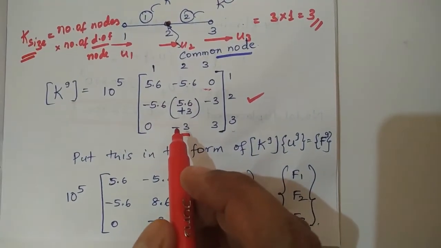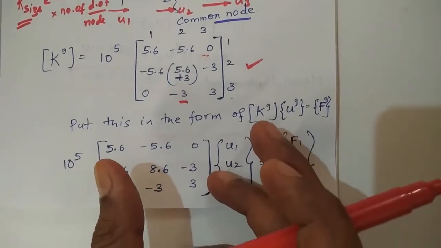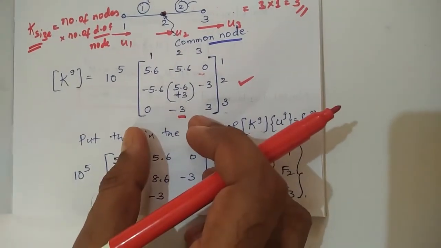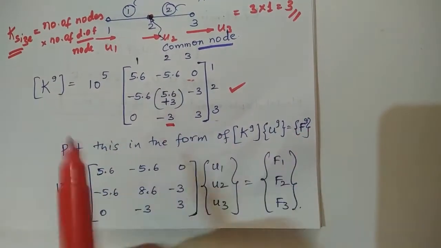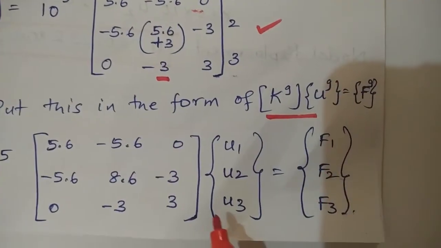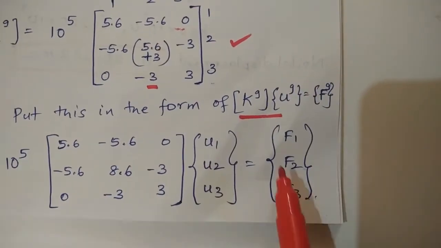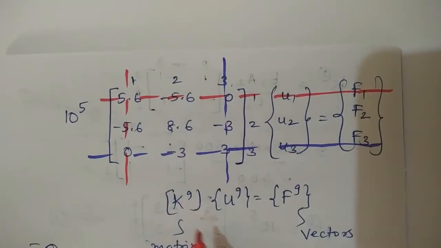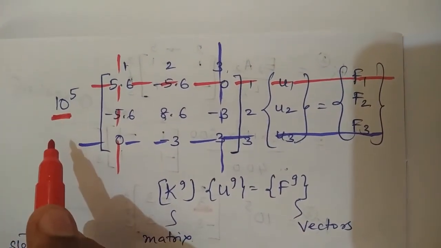When you go ahead with problems moving forward in truss and beams, the element stiffness matrix itself will become slightly higher than what you are seeing in the bar problems. Okay, so then you need to be extremely careful when you are doing by hand calculation. Now put it in K global U global form. Just write stiffness K, the displacement vector U1 U2 U3, and the load vector F1 F2 F3. Put all these values here, the same form. What I will do is 10 raised to 5. Have a look into it. This should not be skipped.